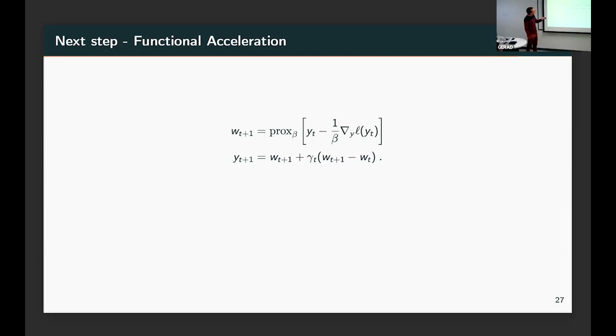But here, what you do is you take this update, that would be your gradient update, you put it in WT, and then you do some extrapolation step. That is, you would go, this is super weird. Honestly, the proofs show that it works, but I feel it doesn't give you any information.